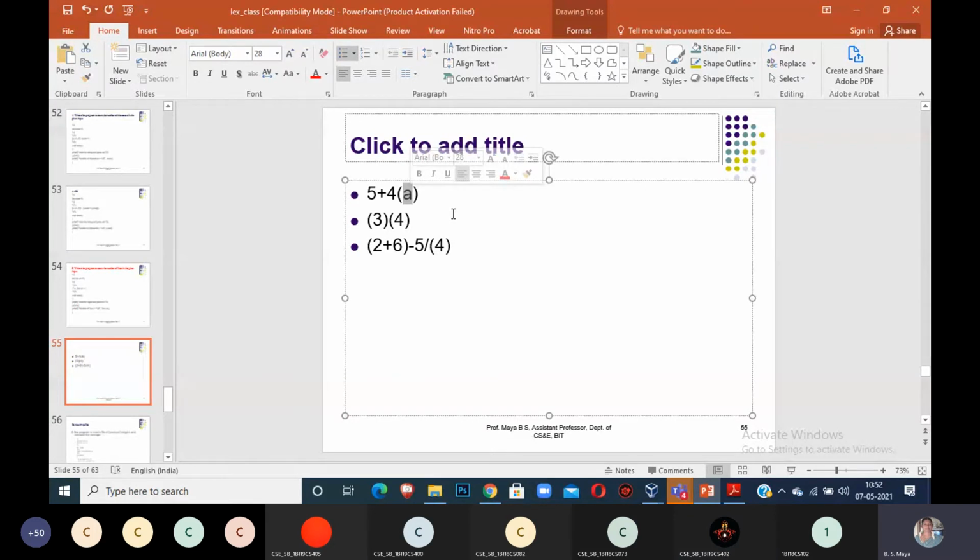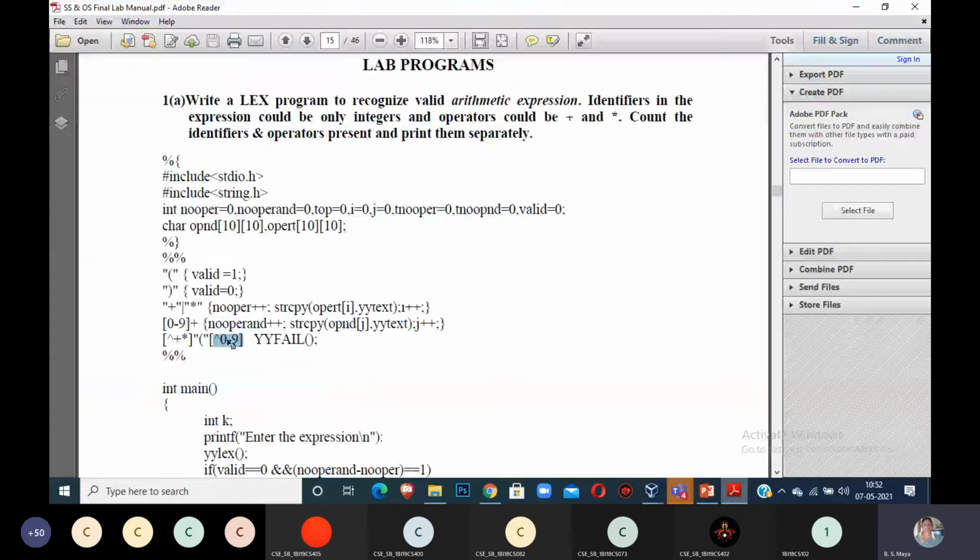Open parenthesis is there, but instead of a number I have this one. That's it, except 0 to 9. See now, except 0 to 9. Instead of a number, something should be there. Anything should be there, but a number is not there. Then what do we call it? Fail function. Like that you can include any number of fail conditions below. What type of fail condition you require, you include that there. Okay, clear?